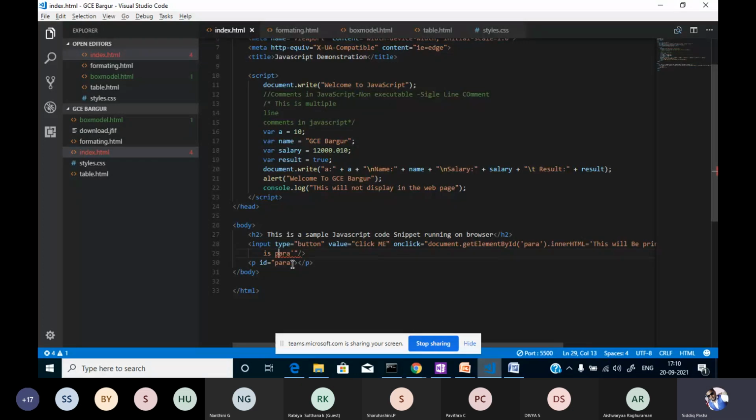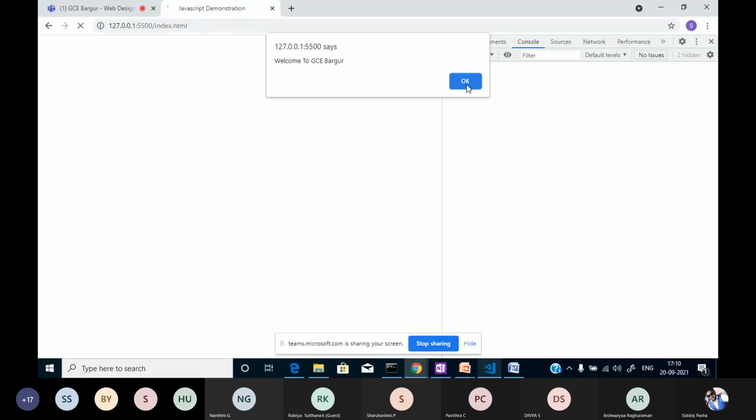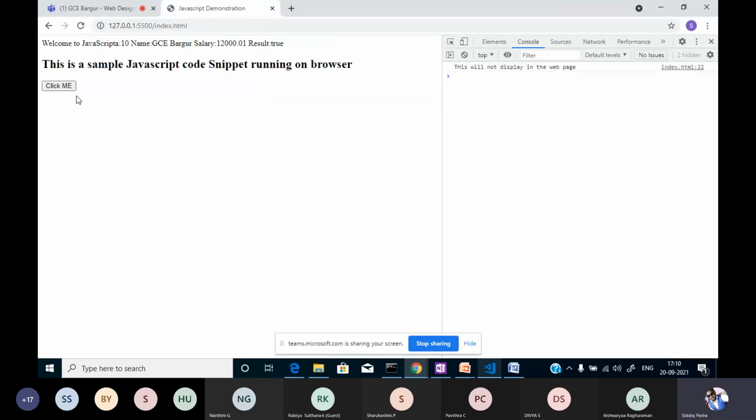Okay, on click, inner HTML. Will be printed in the paragraph. Okay. Check. Okay. See, I'll click this button now. Fine. Perfect. See over here.